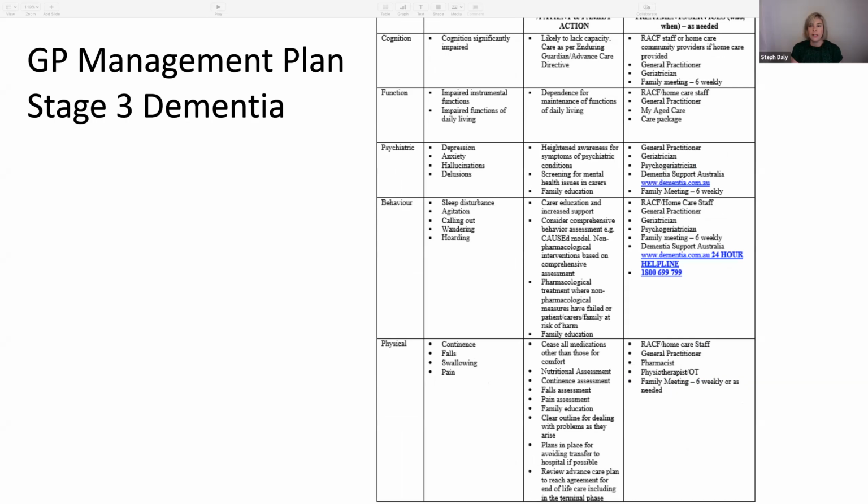So moving on then to stage 3, things might be becoming more difficult in this stage. And this is when families need extra support. They may be having to think about whether or not the person living with dementia needs full-time nursing care. They may have transitioned already in stage 2 into some form of residential aged care facility, but they may now be needing to go further on down the pathway into nursing. They could still be at home.